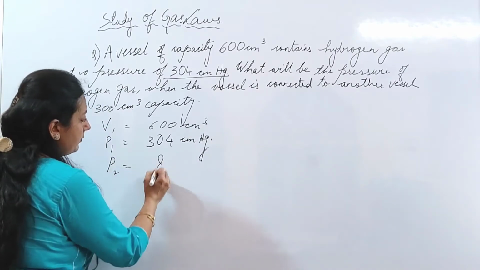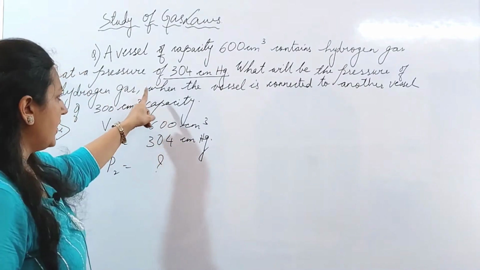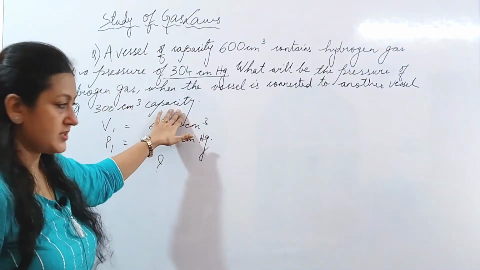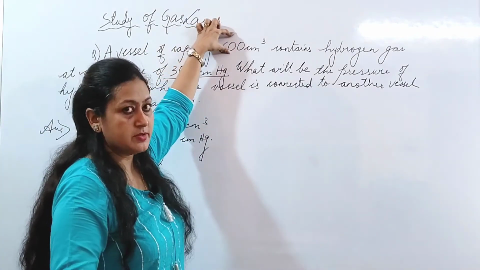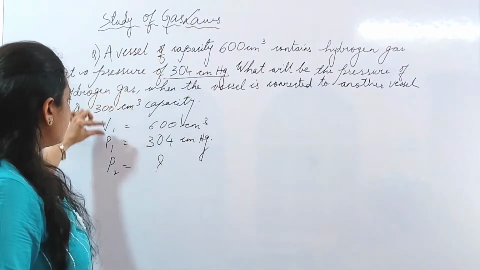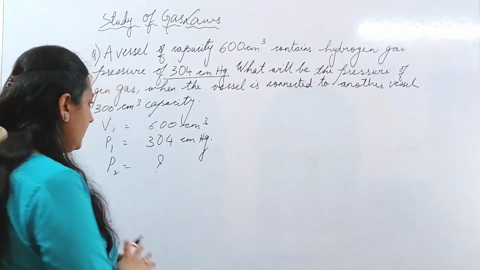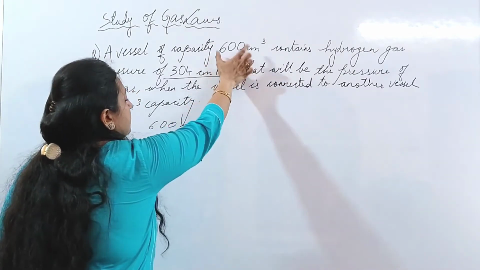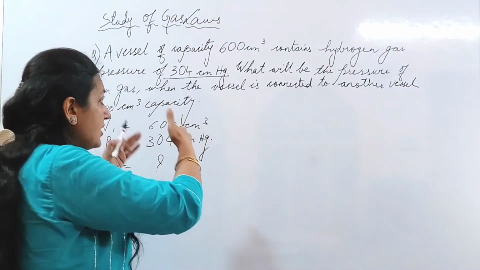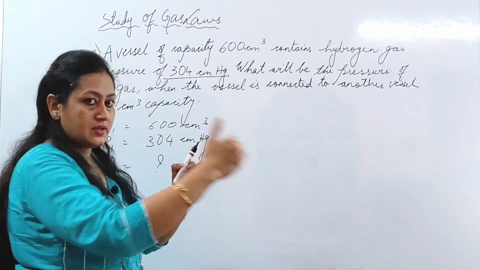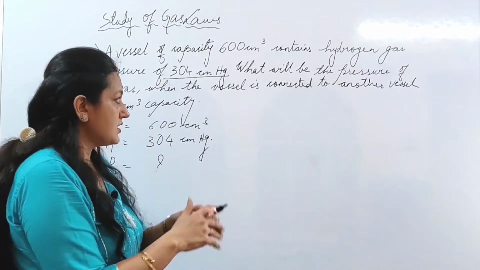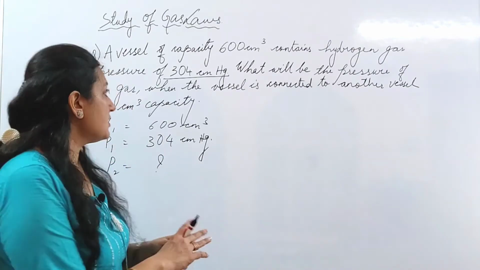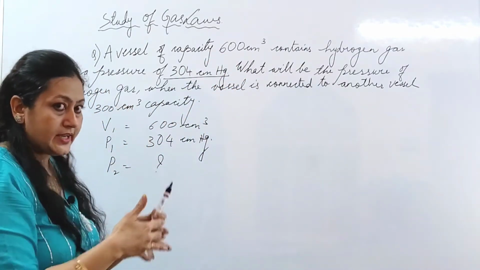You have to find out the pressure of the hydrogen gas when the vessel is connected to another vessel of 300 centimeter cube capacity. एक वेसल था 600 सेंटीमीटर कैपेसिटी का, दैट इज V1. उस टाइम पे प्रेशर है 304 सेंटीमीटर Hg. नाउ इट सेज कि प्रेशर क्या होगा जब दिस वेसल विच हैज़ द कैपेसिटी 600 सेंटीमीटर क्यूब इज कनेक्टेड एक और वेसल के साथ, जिसकी कैपेसिटी है 300 सेंटीमीटर क्यूब. तो V2 कैपेसिटी कितनी होगी? इसको इसके साथ कनेक्ट कर दिए, दैट मीन्स